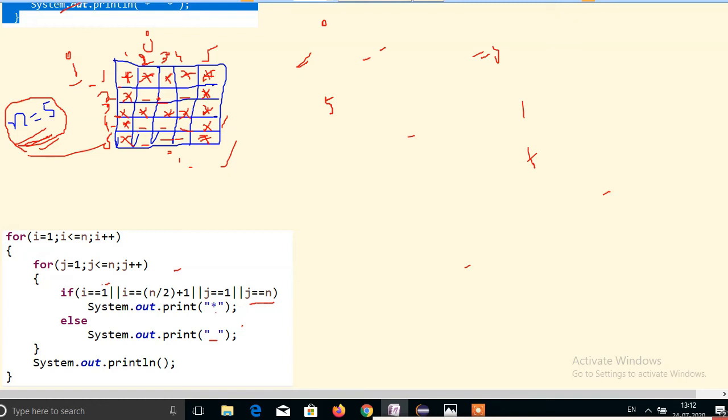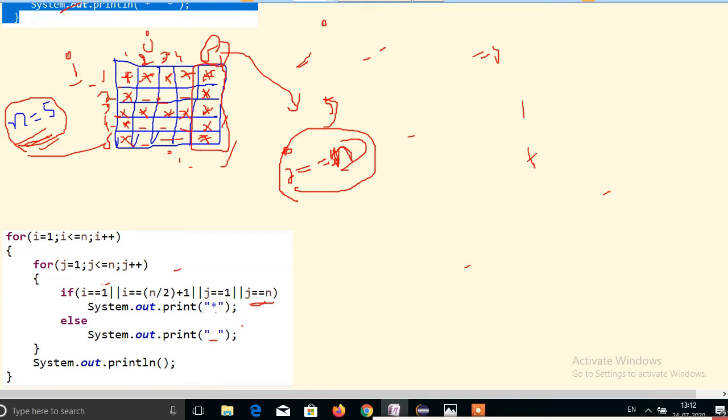In this table, the end of the column is 5, so the n value equals 5. If j double equal to n, at that time these stars will be printed. Here I am using n because it is the end of the column in the table, and in the end column we want to print all the stars, so that's why I wrote n here.